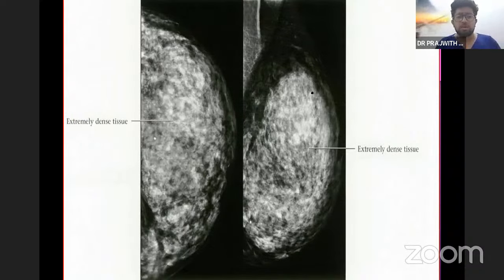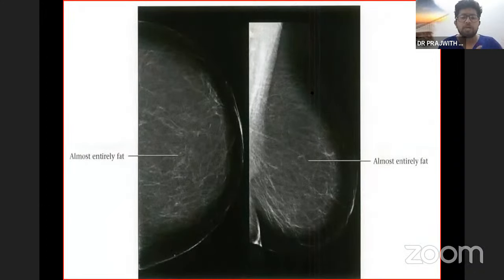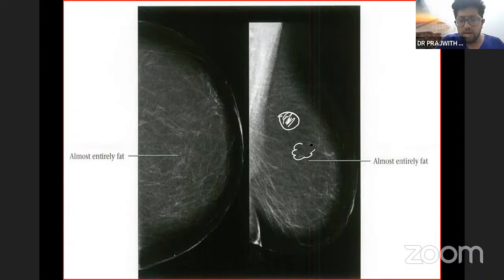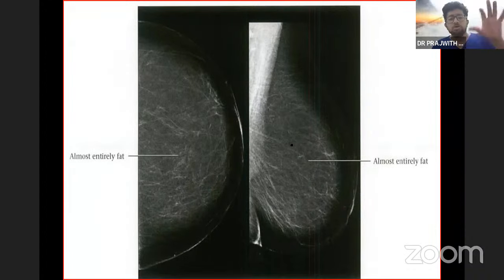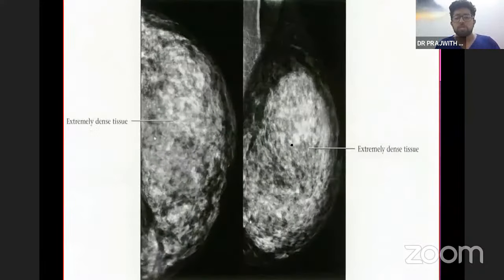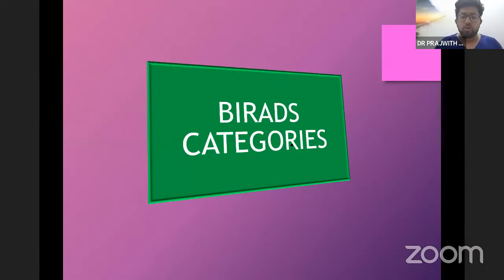So, which type of breast composition is best for imaging in the breast? It will be type 1. Very simple. Lots of MCQs can come out of this. Which breast parenchyma is more sensitive for picking up a lesion? Type 1 breast parenchyma. Why? Very simple, it is predominantly filled with fat. And if there is a small lesion here, we know that there is a lesion. Also, we can easily identify the composition of the lesion. Okay, so type 1 breast composition is the best breast composition that you can have whenever we are reporting a